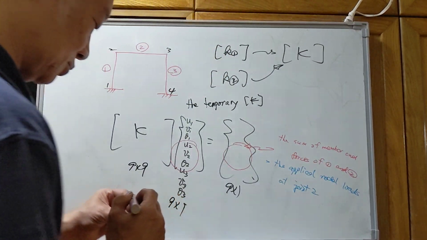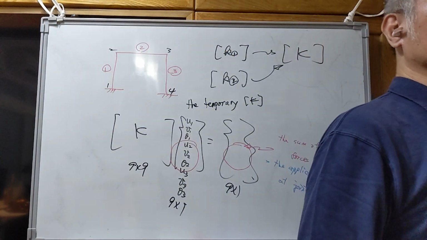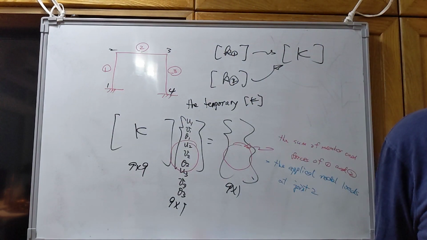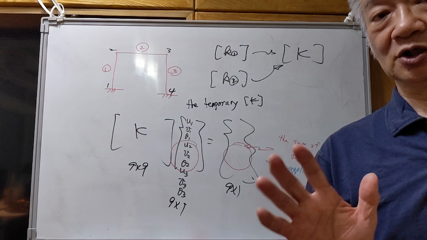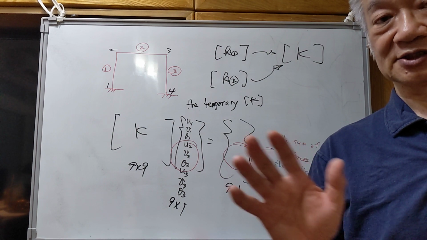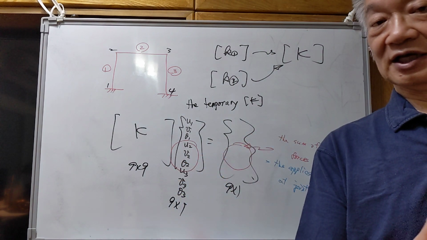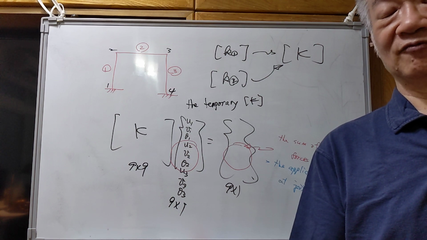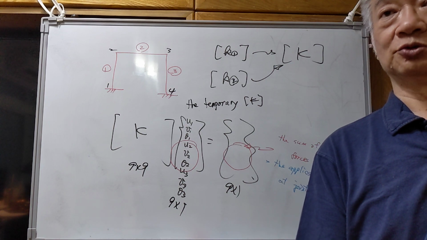Okay, so if we assemble the member end forces of member 1 and member 2, then the summation of these two member end forces will be equal to the applied external loads at joint 2. Okay, that's the equilibrium. If we check the equilibrium equations at joint 2,